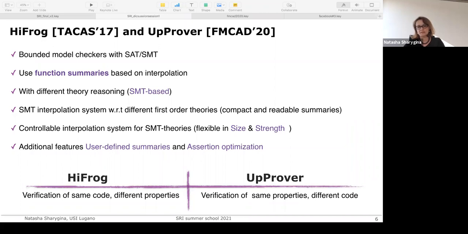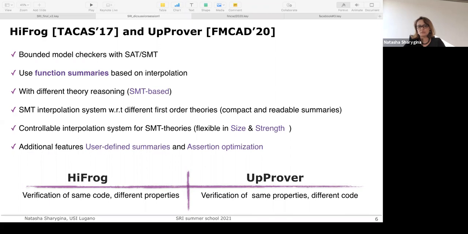So the summaries are not just a nice way of doing the abstraction of the system, but they're also a nice way to partition reasoning and localize other techniques which help to adjust the precision of encoding and the effectiveness of the corresponding reasoning. And furthermore, both tools, since they're using Craig interpolation for constructing the summaries of the system, we